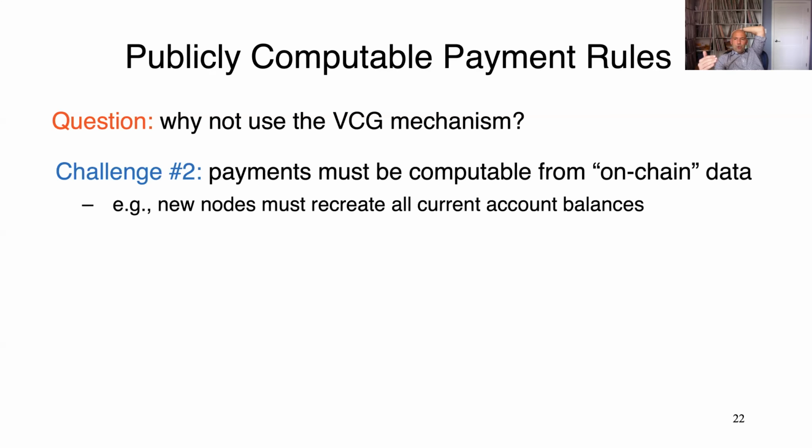All right, so challenge number 2, which again is unusual from traditional mechanism design, is that the payments, the transaction fees paid by users, need to be self-evident just given on-chain information, okay? Why? Well, for example, when someone spins up a new full node, they need to be able to compute everybody's account balances. To know people's account balances, you need to know what people spent on transaction fees in the past. So you need to know what were those transaction fee payments, and all you have to go on is on-chain